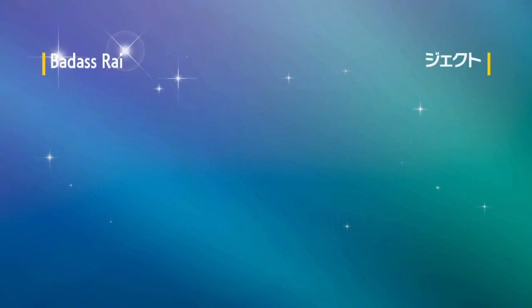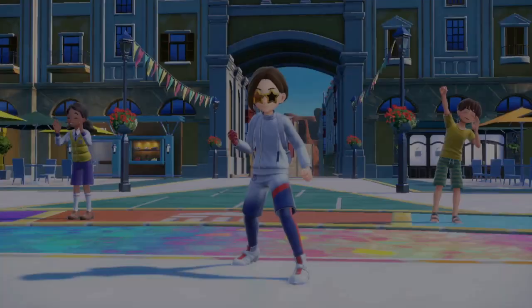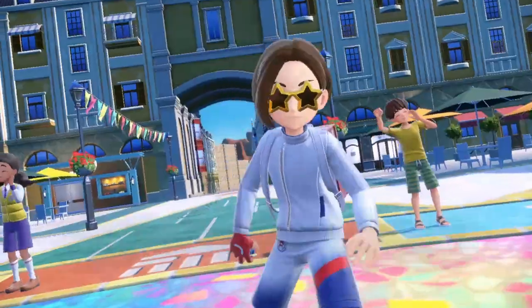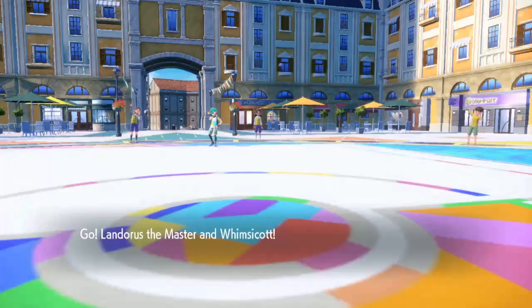That way I can just one-shot the Darkrai off the start if I really need to, or one-shot the Indeedee or the Hatterene with something. So I don't know. We'll see what he brings. I'm assuming he's going to bring Pecharunt and probably Darkrai for sure. He does bring the Pecharunt, so...